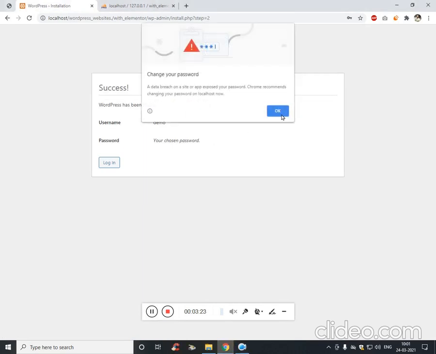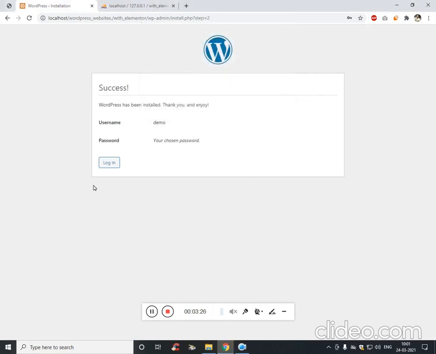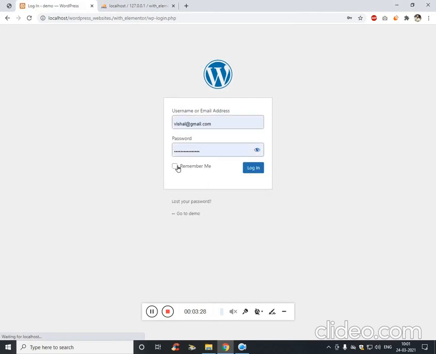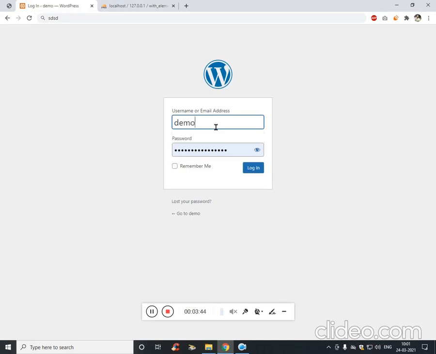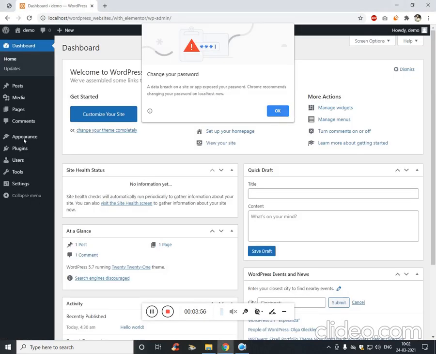And it says WordPress has been installed. It is asking, do you want to save the password? No, I don't want to. Let me log in with the username and password which I have created, which is demo and demo. Not able to type it. Yeah, demo and demo. If you want, you can select remember me. Click on login. Now we don't need this database. Let's close it. So now you have to get into the